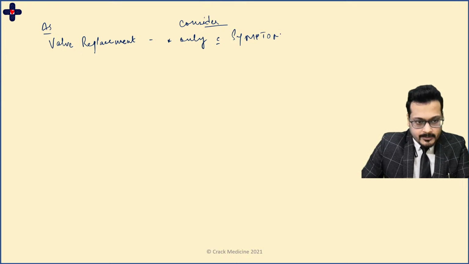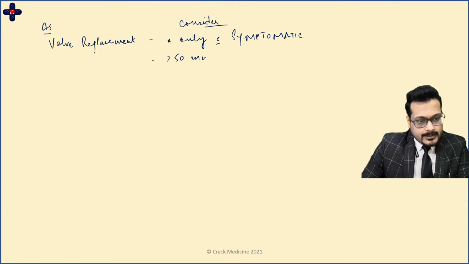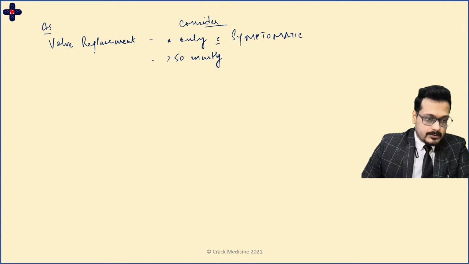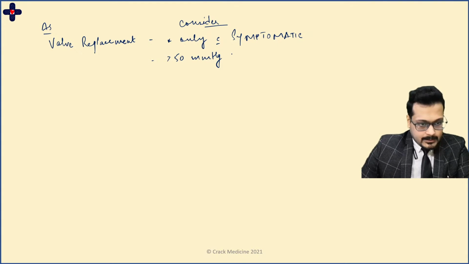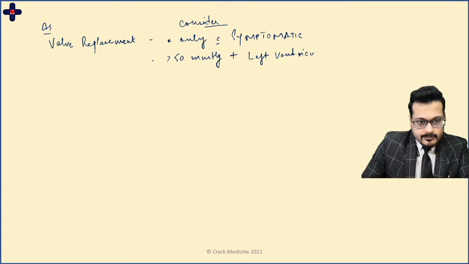Okay, I hope I make my point clear. So you will be tested on this point only. Also, if the gradient is more than 50, and some of the guidelines differ, like the European Society of Cardiology says something, the value is different. But for right now, we will go with the value that the MRCP accepts, and you will have left ventricular failure. Then you have to consider the patient for